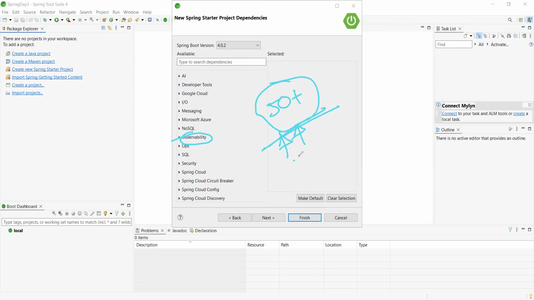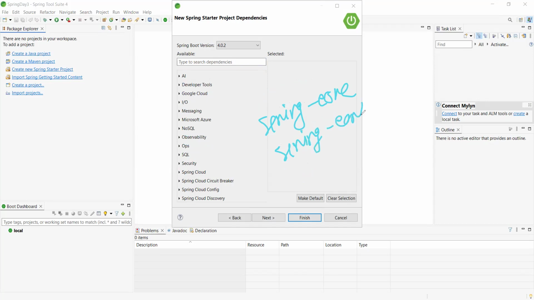If we do properly 10 modules, maximum 10 modules, then it's okay for us. Leave this one, multiple modules like Spring ORM, whatever. So just observe, let me select one module. There are some modules like Spring Core module, Spring Context module, Spring Bean module, another module like Spring Boot module. There are multiple modules.